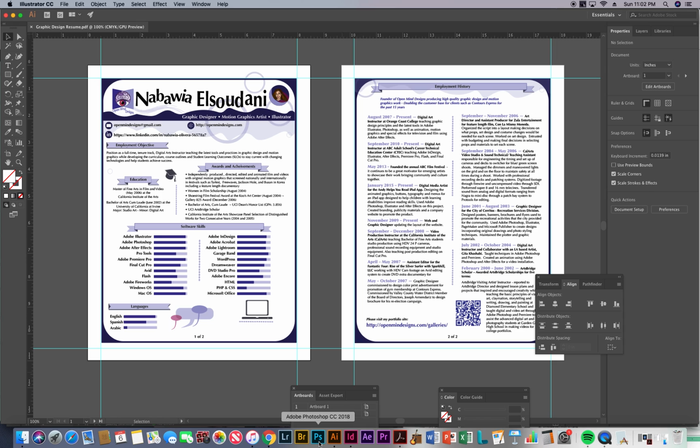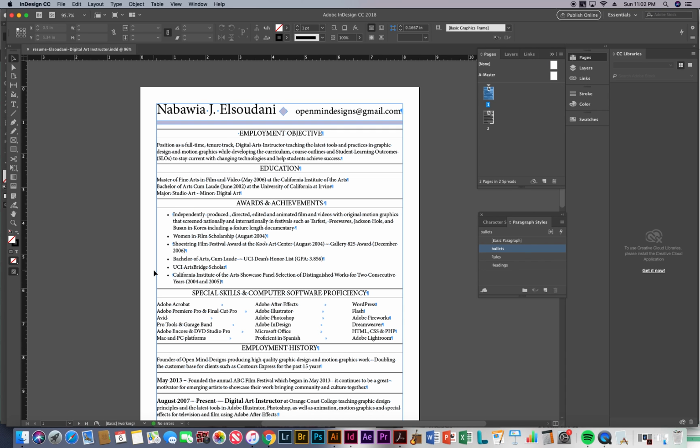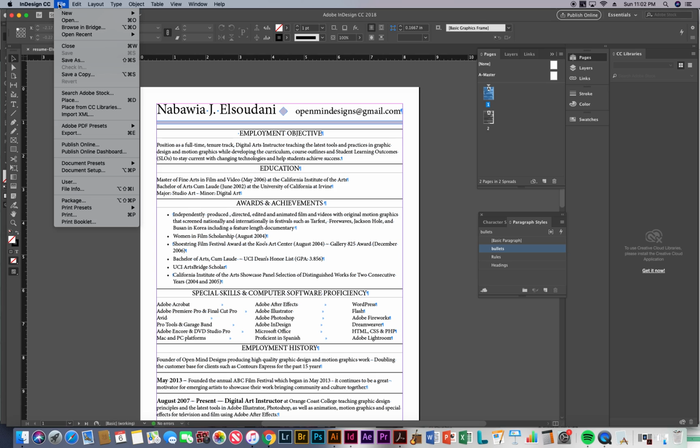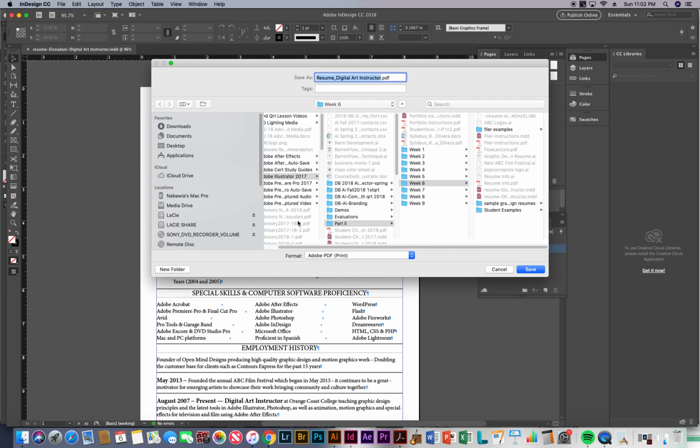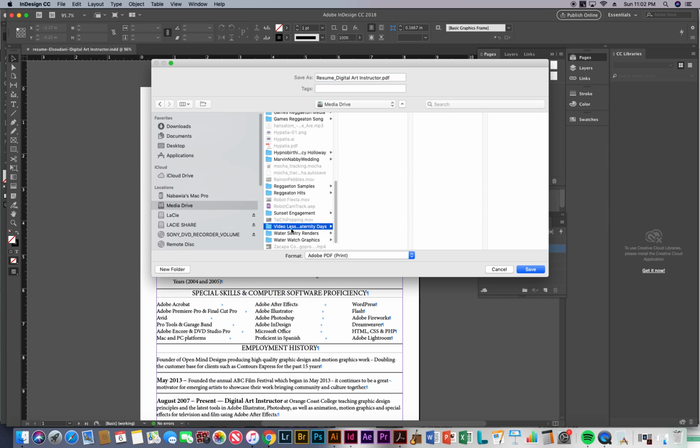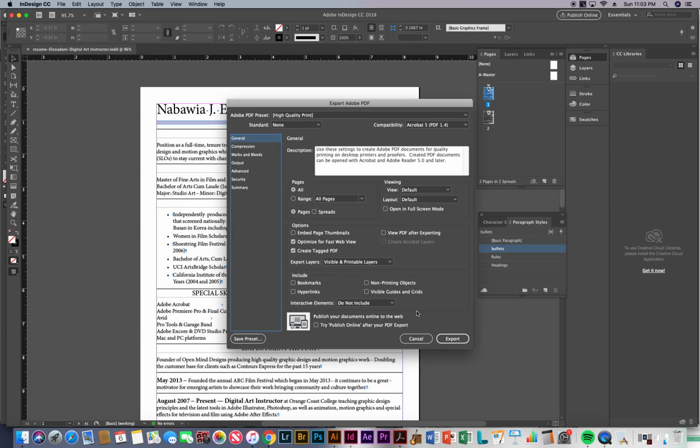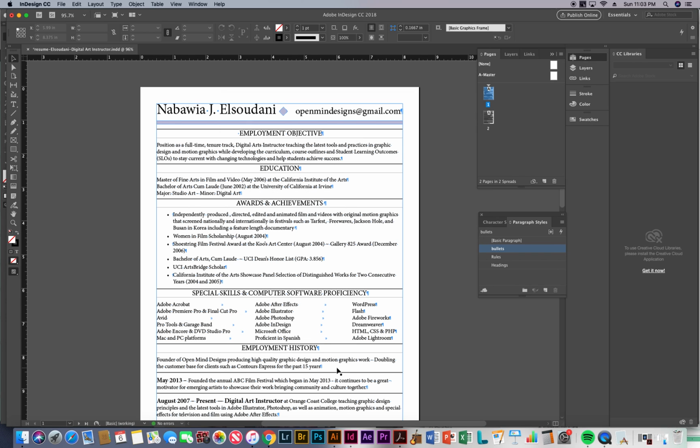And the same thing with InDesign. If you have a resume in InDesign, I need to get it to be a PDF before I can put it in my site. So for InDesign, you have to export it as a PDF. PDF for print. This will be the printable version. That's going to my media drive, to my PDFs, and save all pages, export. Okay, so